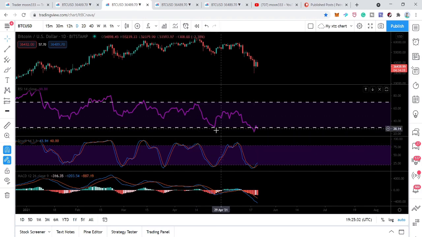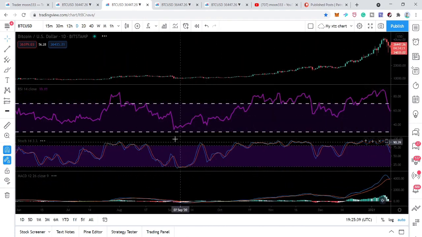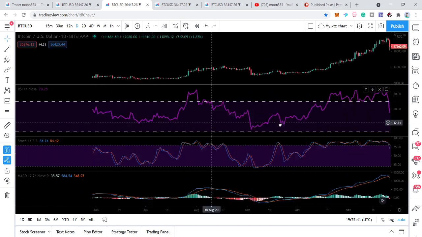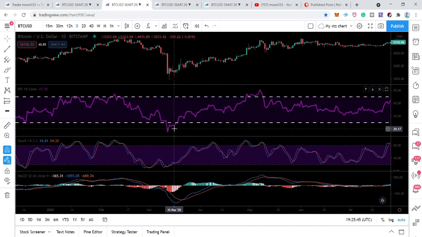Here we can see that for a while it just touched the oversold zone, and here it went very close to the oversold zone. And before that, back in March 2020 when we had a very drastic drop, the price action just touched the oversold zone for a few days and moved back to the